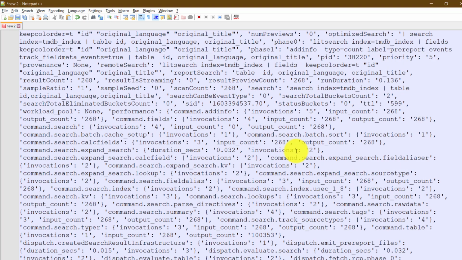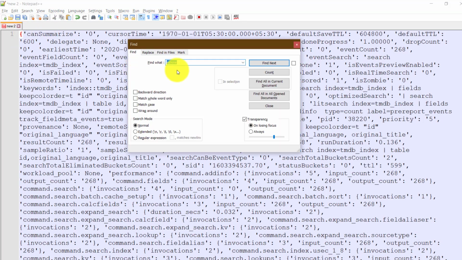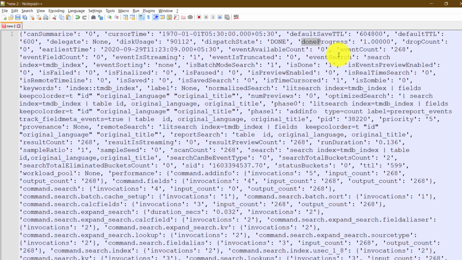Now for today's purpose, to know whether this particular job has been finished or not, we can just work with is done. The job is done equals 1 or not. That is sufficient to know whether the job is already completed. Now there is another key, I think it is done progress. Yeah, this is the one.